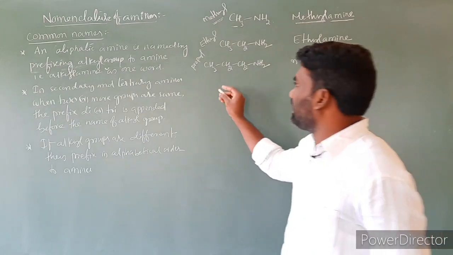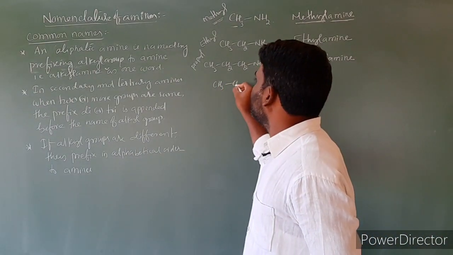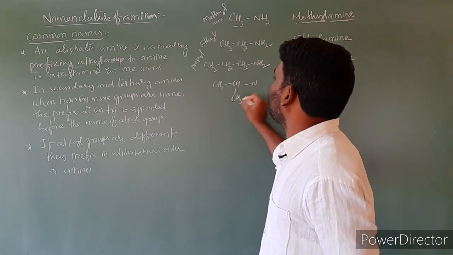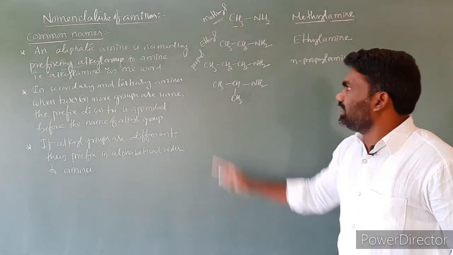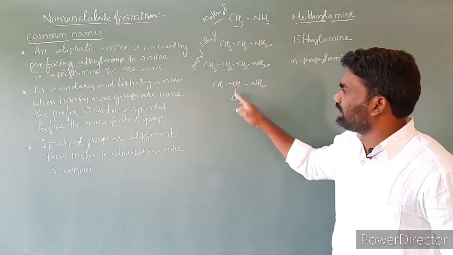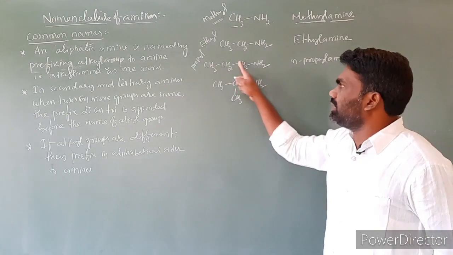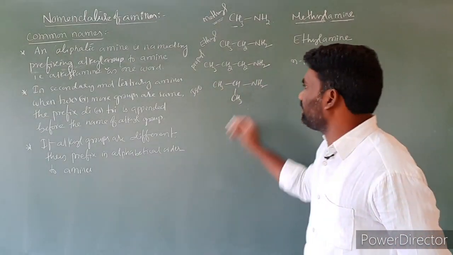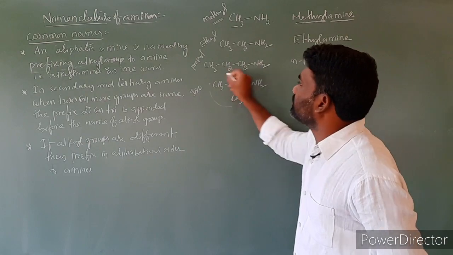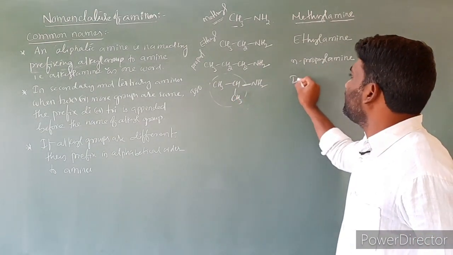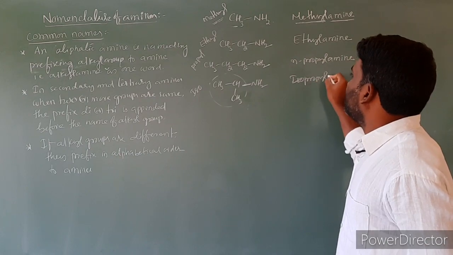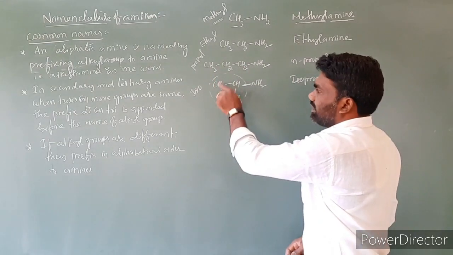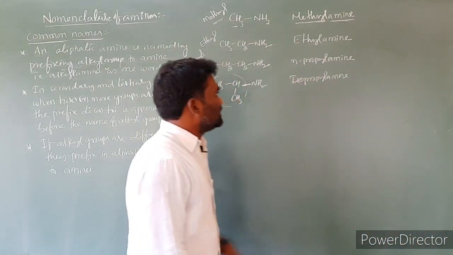The same three carbons I am taking in another way, as CH3CH(NH2)CH3. Look at this. Here also there are 1, 2, 3 carbons. Here also propyl is there. But whenever this group is there, we have to call it iso. This we discussed in the fundamental topic. This group we call iso. The name is isopropyl amine. Here in the first case all carbons are in a straight chain, but in this case we take this group as iso. That is the difference. Then this is another example.